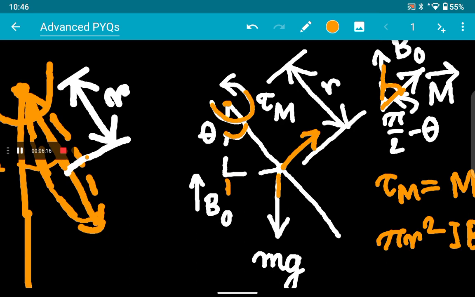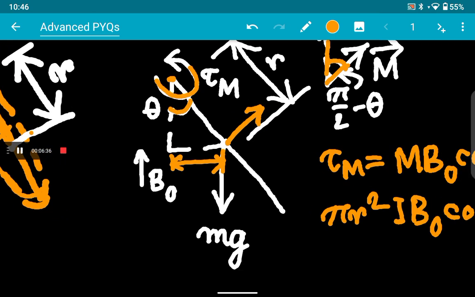No other point will work, or it may work. Anyways, how other points will work, but here we have a hinge force actually. Wherever you have a hinge, you have a hinge force. So it's always better to calculate the moments at the hinges. So this distance into mg will be our moment due to gravity, and this distance, if this is